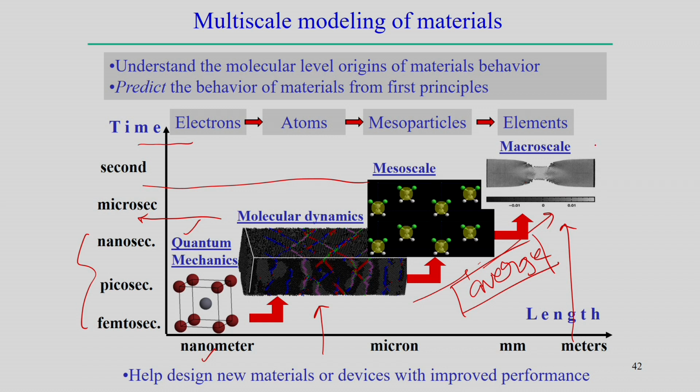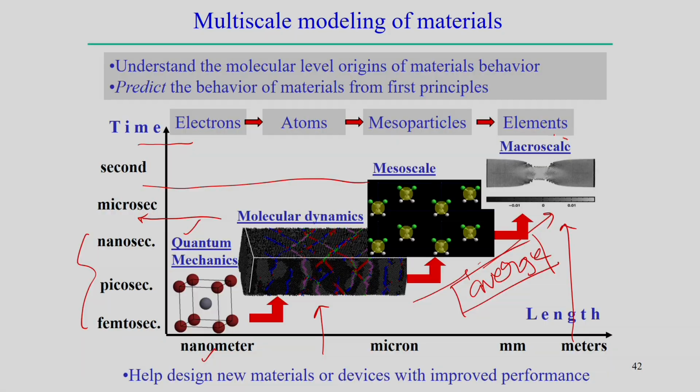But how is it significant? When you try to develop a new material, understanding the different scales in multi-scale modeling is needed to predict the expected behavior of a particular material. So the multi-scale modeling approach is the most suitable modeling approach to predict the behavior of a new material when you develop a particular material and try to analyze its performance. Therefore, we need to understand the link, and understand the mechanical properties or other kinds of properties at the different scales.